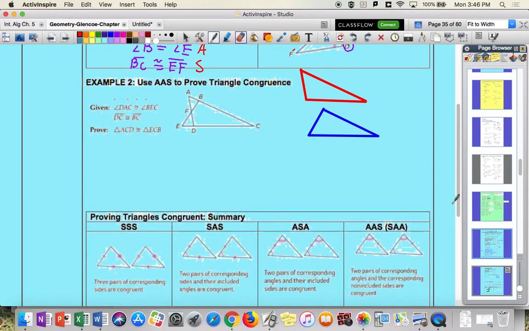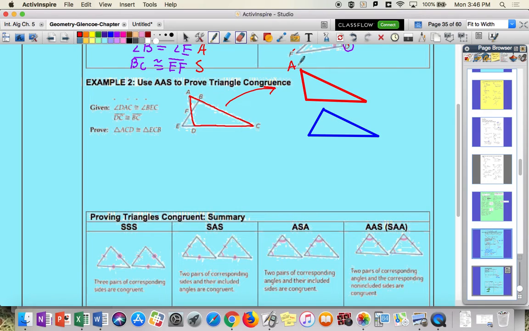So we're going to do a proof related to that in example 2. If you look at this diagram, it's at first a little confusing because we've got a number of overlapping triangles. We are going to prove that triangle ACD is congruent to ECB. So let's just outline those 2 triangles. So ACD is this triangle right here, right? And so I'm actually going to sketch it out here separately, and I'd like you to do the same